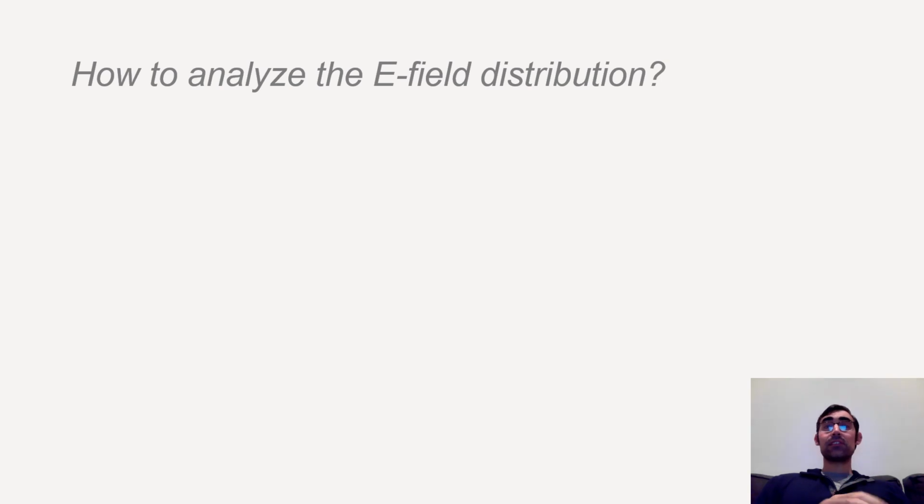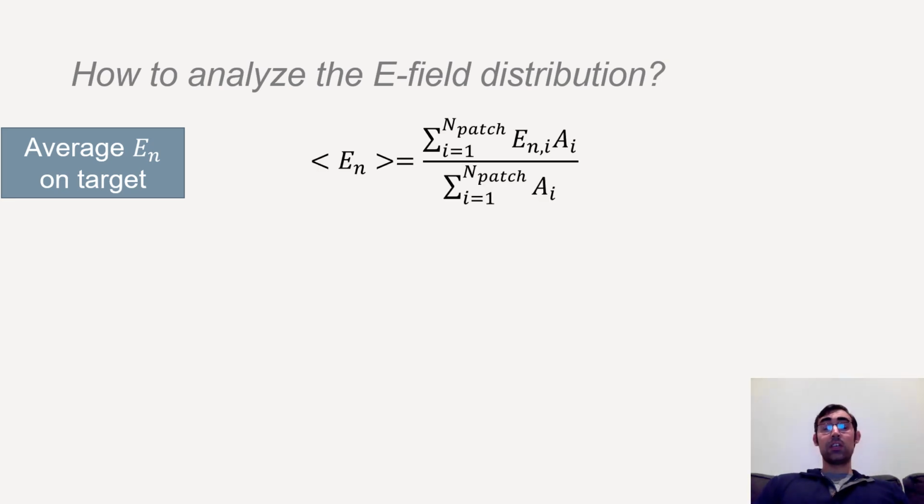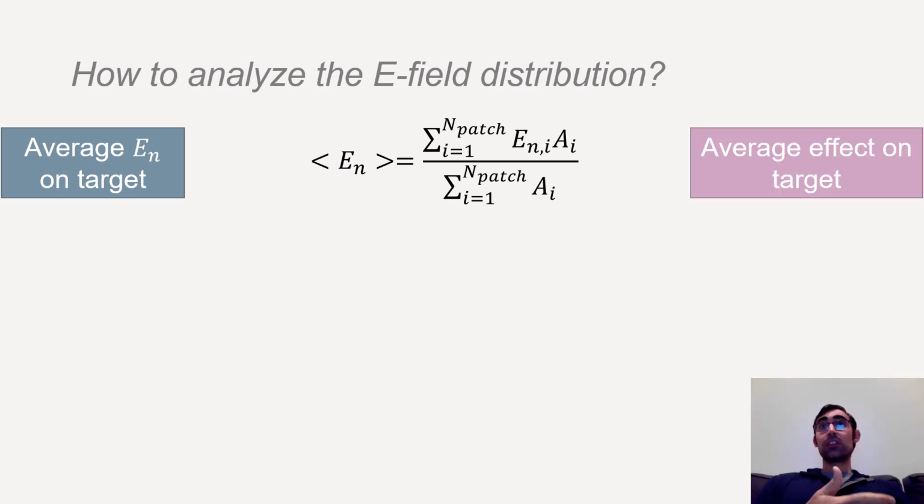How did we analyze the electric field distribution? Well, to analyze the spatial distribution of the electric field, there's a number of parameters that we can employ. Here we focused on two things. The first one was the average electric field on target, the average value of the normal component of the electric field on target, which is calculated with this expression. And this value is just a good indication of how strongly the electric field couples with the neurons in the